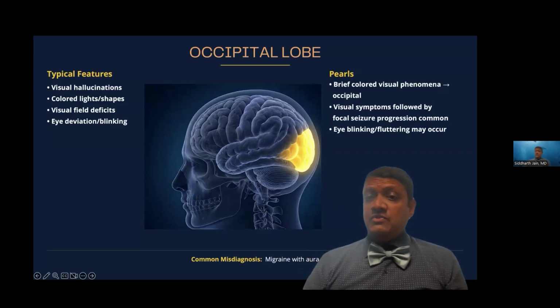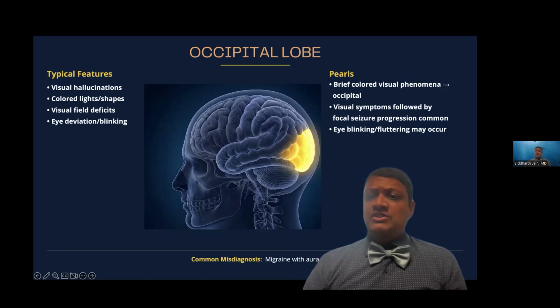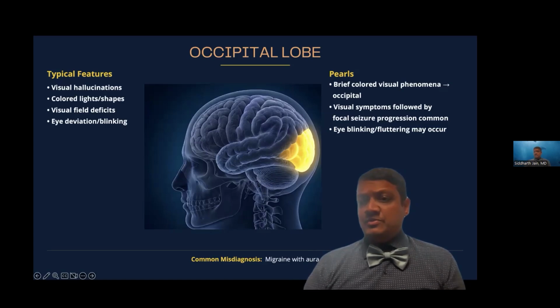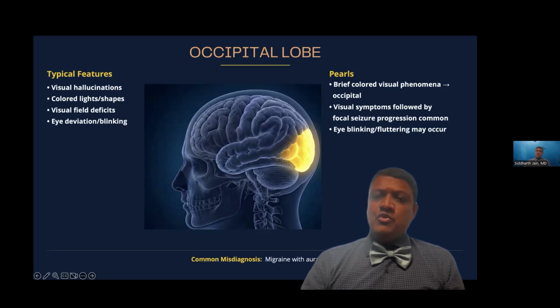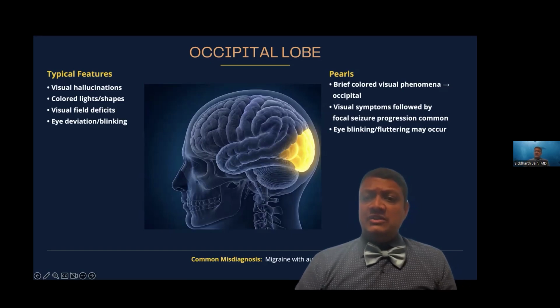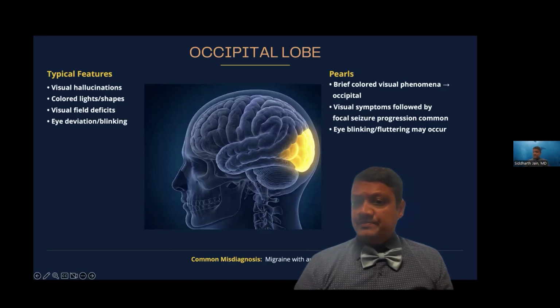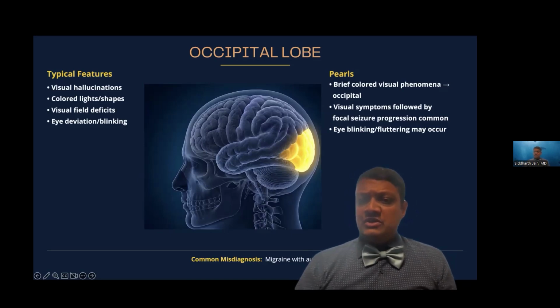Once they start with visual symptoms, most frequently they'll spread anteriorly to the temporal lobe, causing temporal lobe symptoms like automatisms and impaired awareness, or sometimes to the parietal lobe. So if the visual aura is either not reported or not recognized, the seizure might look temporal or even parietal in nature. Again, the differential lies with migraine, and as we discussed with the parietal lobe seizures, the differentiating